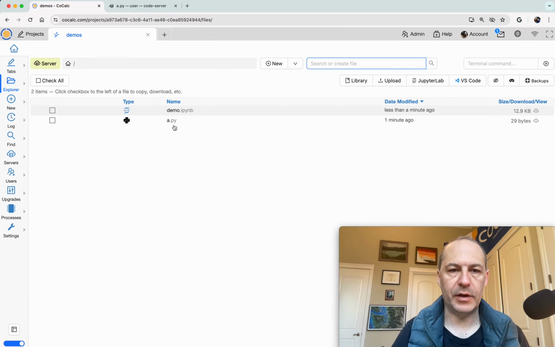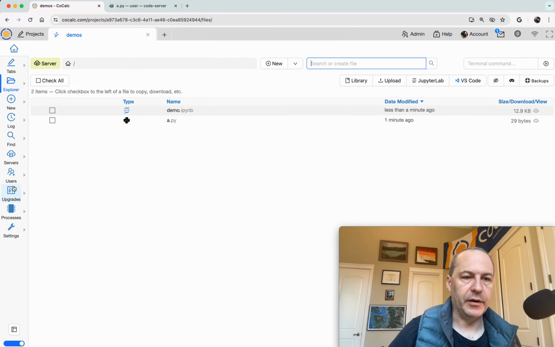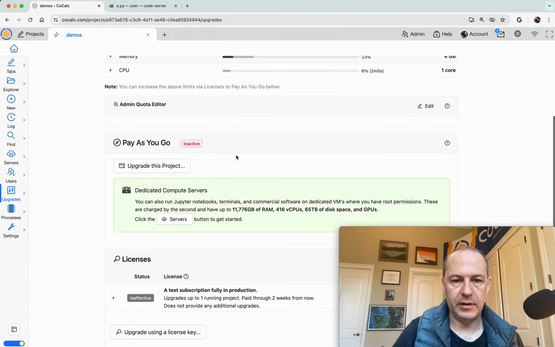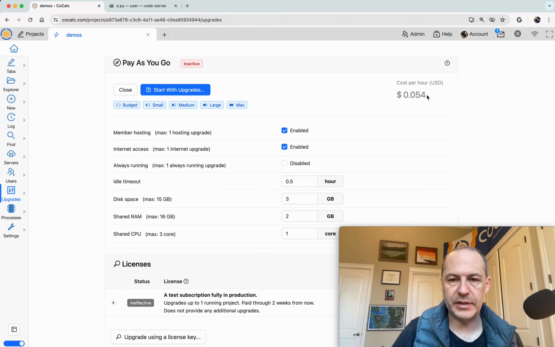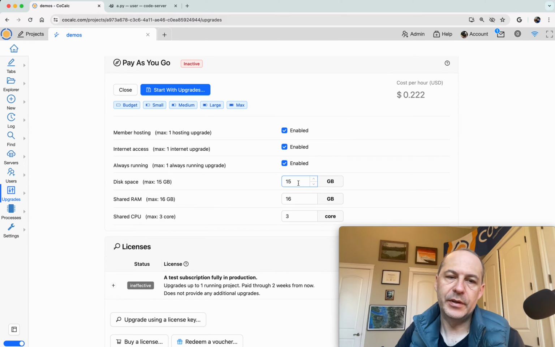So CoCalc projects, by default, are running on a shared machine. It may have dozens of other users on it. The projects can be pretty slow if you're not paying at all. And even if you want to max out the resources that are provided when you pay, you still don't get very much, really. Like you can click upgrade your project, pay as you go for a couple of cents per hour. But even when you max everything out, you only get up to 15 gigs of